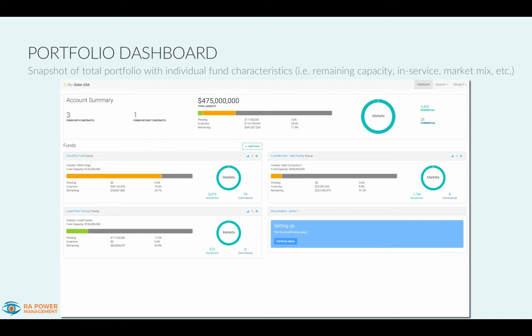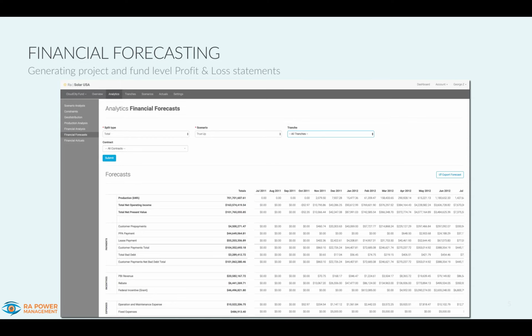You can then dive into an existing fund to manage deployment or import actuals and track reports and analytics, or create a new entity to drive further investment. Before I move on to some of the reporting functionality, what I really want to highlight